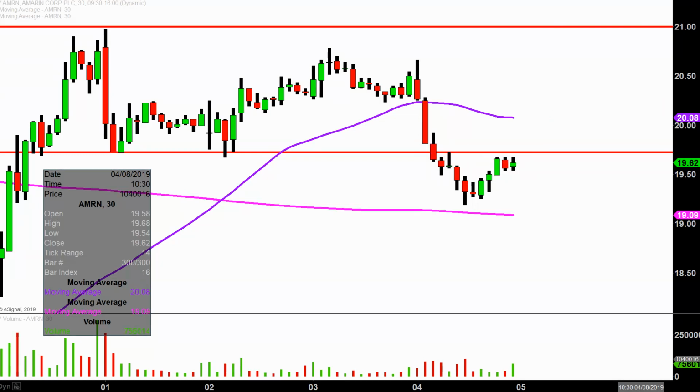As far as levels of support are concerned, the big one going forward, and this by no means is some sort of great discovery on my part, I assure you, anybody that understands charts, uses charts, is watching and wondering the same thing, has to do with the pink line there on my chart denoting the 200-period simple moving average. Definitely probably the most famous moving average of them all, and you can see that the price didn't quite hit it, but definitely got within the range of it, so it's good to see that the price ultimately did hold up above there. Right now, that is valued at about